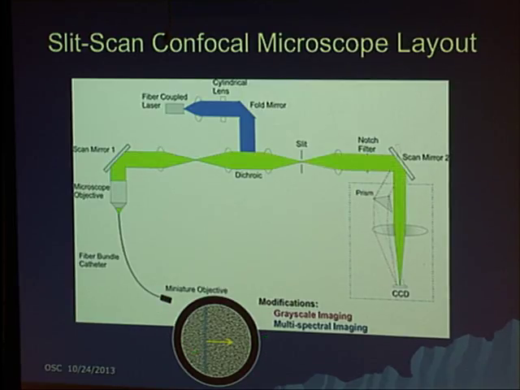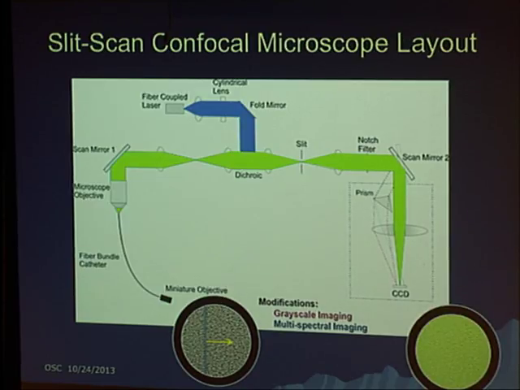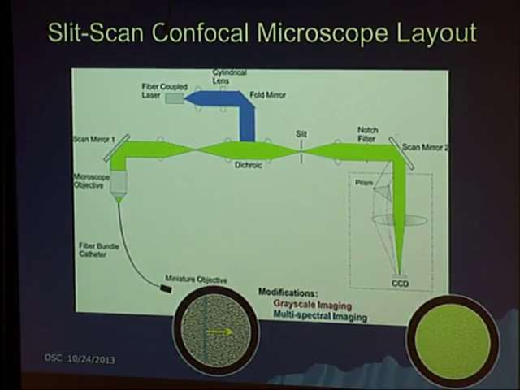The fluorescent light comes back through the dichroic beam splitter, passing it to a slit confocal aperture, and then how we do it is through a second mirror that's synchronized to this mirror. So this is static image. The line is scanned across here. It's positioned, shifted, and then it's descanned by the scan mirror to a fixed position of the slit, and then you rescan that to build up a 2D image. So afterwards, you've got a fluorescence confocal microendoscope image of the sample that you were illuminating.